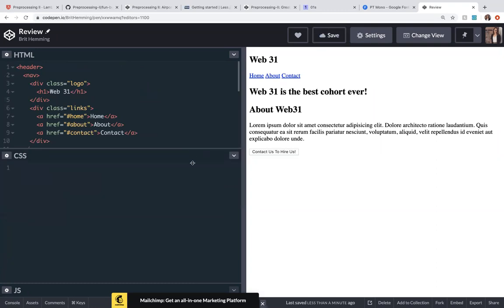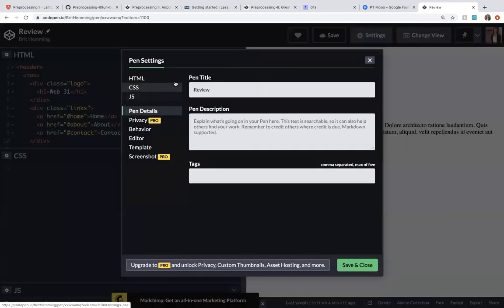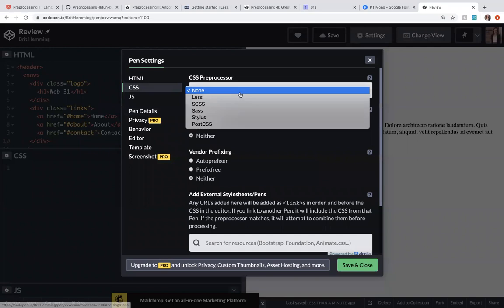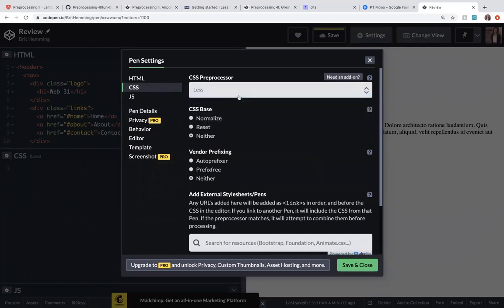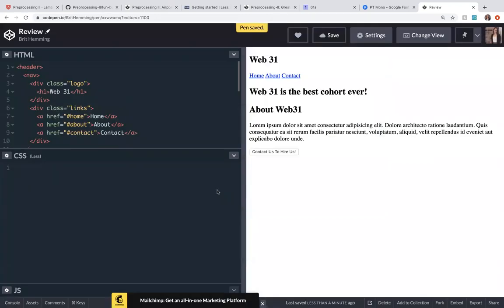Okay, so we're gonna change this CSS to Less. So if we go into settings and we click on CSS, we can pick Less as a preprocessor. We can save and close. Okay, and the first thing I want to do is create some variables here. So @main-color, and